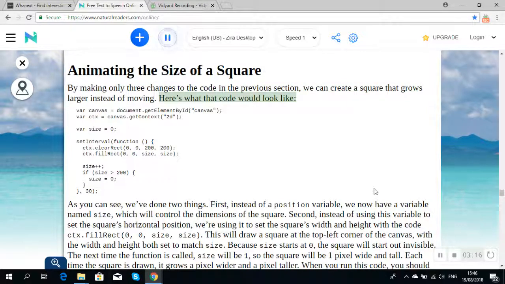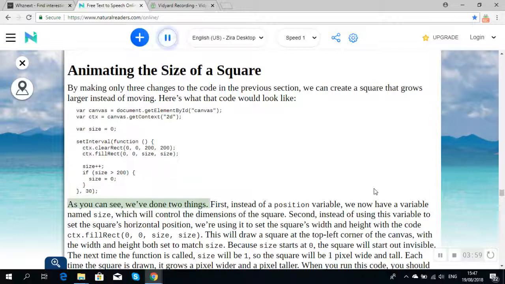Here's what that code would look like. var canvas = document.getElementById("canvas"); var ctx = canvas.getContext("2d"); var size = 0; setInterval(function () { ctx.clearRect(0, 0, 200, 200); ctx.fillRect(0, 0, size, size); size++; if (size > 200) { size = 0; } }, 30);